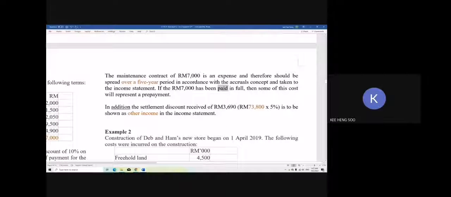So then there's a prepayment. So you already paid 7,000, but the expense for 1 year is only 1,004. That means the other 5,006 will be prepaid in year 1. I repeat, 7,000 is already paid in full. You divide by 5 years, answer should be